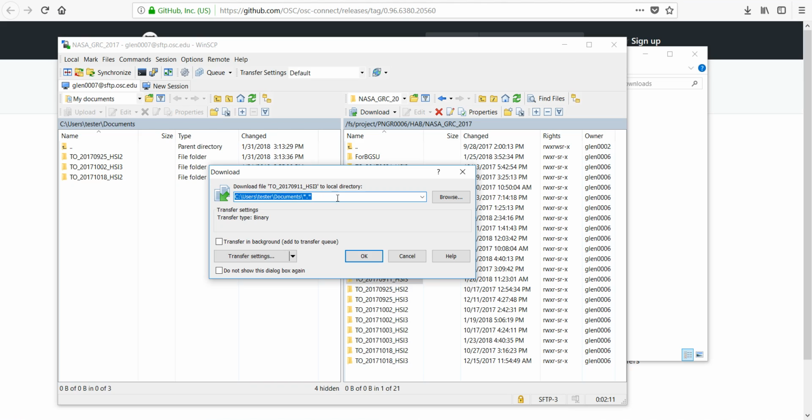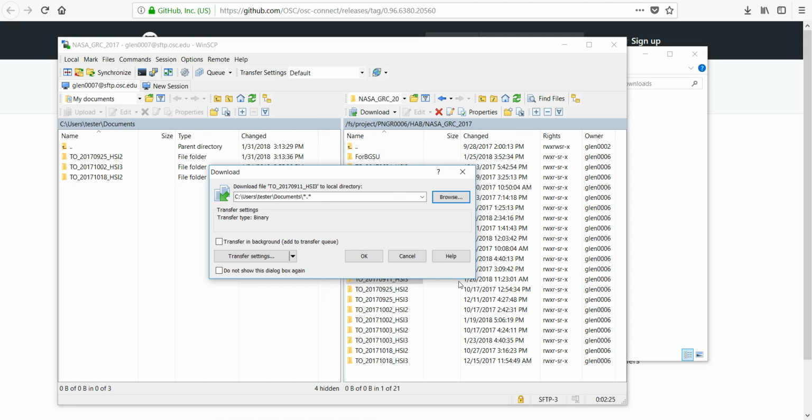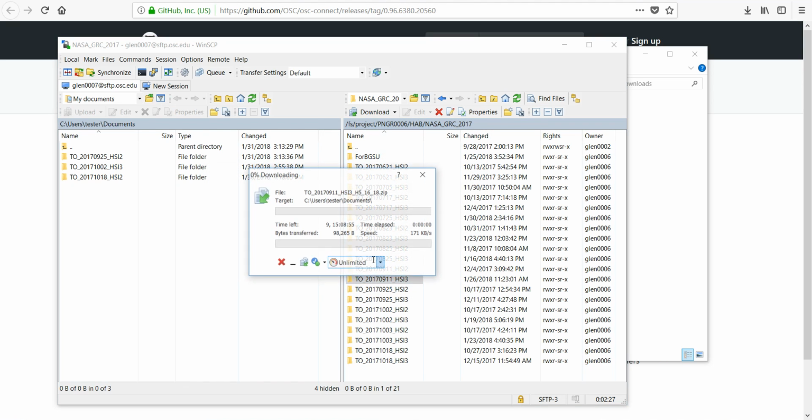When you click this, a small dialog window will open up asking to which part of your hard disk you would like to download this to. By default, it will be under your Documents directory. If this is acceptable, simply click OK. If you want to change, you have several options. You can either type in something different, or you can browse to another location on your hard disk, as with many other applications. Once you click on OK, the download will begin.